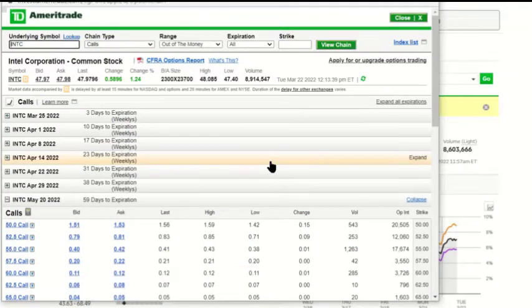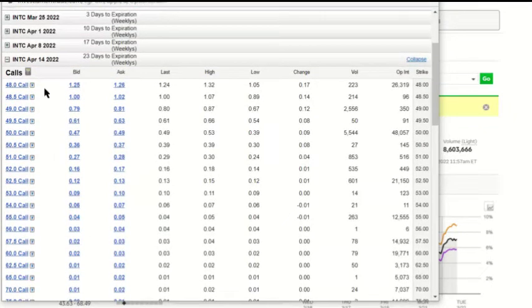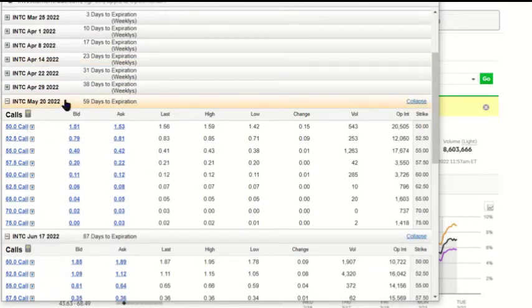I like to trade the monthly calls, usually because there's a higher volume of trading happening on those days. So the next monthly call is April 14th. So you can see all of the strike prices here and the corresponding premium possibilities over here. I think that selling this stock around $55 would be fair, but the premium isn't very high at $55 in April, so I'm going to move to the next monthly call, and that is May 20th. On May 20th at $55, the bid price is at $40 and ask price is at $42.